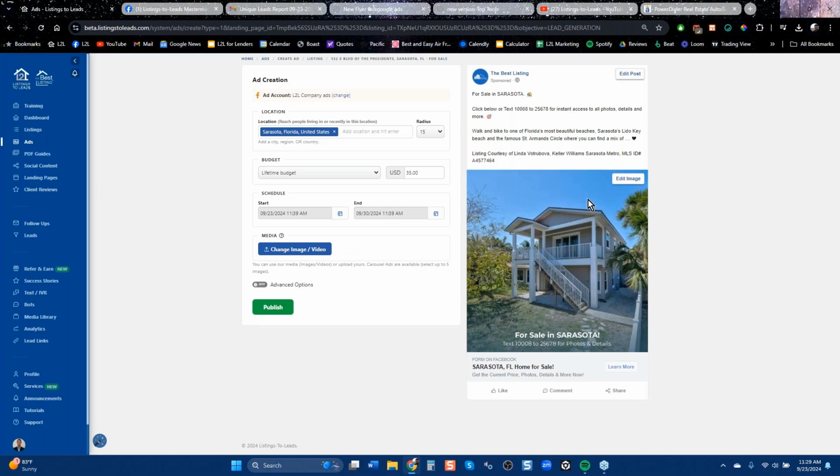And here, for sale in Sarasota, got some basic information. You can also borrow listings. If you don't have any listings and you want to attract buyers, talk to your office manager and say, hey, can I borrow a listing from somebody in the office? You pull it in on your listings page and boom, you run an ad. Now, buyer leads are cheaper than seller leads on Facebook. So we dropped the budget to $35 and these leads cost about $3 each, not $7. So if you divide 3 into 35, you can expect 11 or 12 leads, 7-day ad.